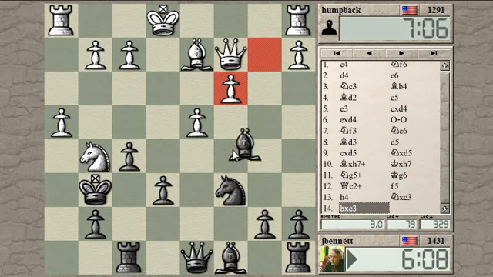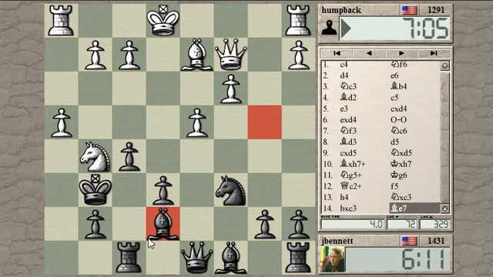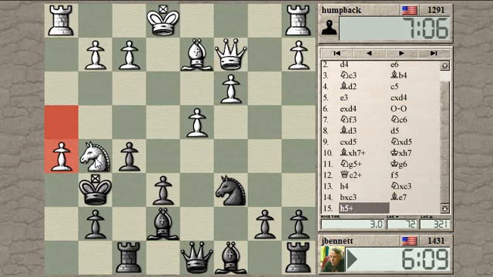I took with the pawn. Okay, so I'm coming in here with the bishop. Check. And he's just giving it away, isn't he? I guess I have to be careful where I go. That's the problem. Yeah. So if I go to